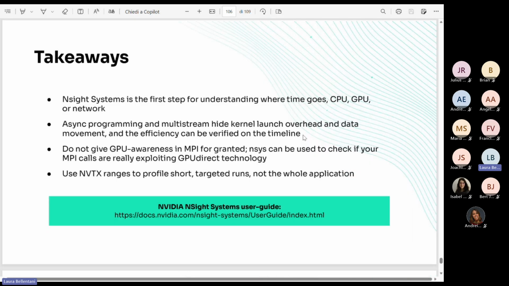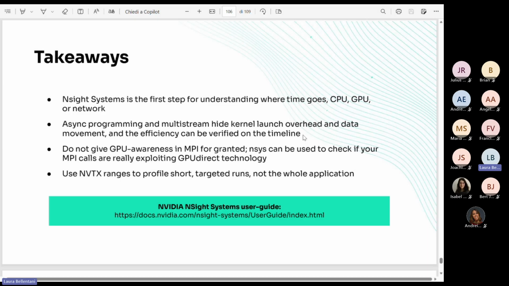So, takeaways for this webinar. Nsight Systems can be the first step to understand where the time goes, if it is CPU, GPU, or the network also. With asynchronous programming and multi-stream, you can hide kernel launches and many overheads, and the efficiency can be controlled with the timeline of Nsight Systems.